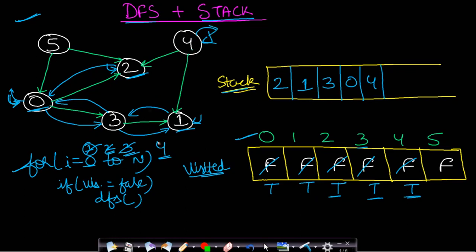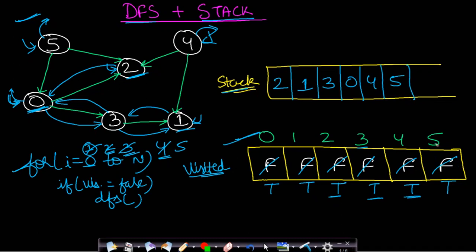Now we have already checked for this 4, so our I value will now be 5, which is the last value. 5 is also not traversed, therefore we make a call to node 5, and as soon as we reach node 5 we mark it as true. Now all the outgoing edges have been traversed. You can see that 0 is traversed, 2 is traversed. So no further calls will be made and we backtrack from node 5. Before backtracking we push this node onto our stack. And now you can see that all our vertices have been traversed.